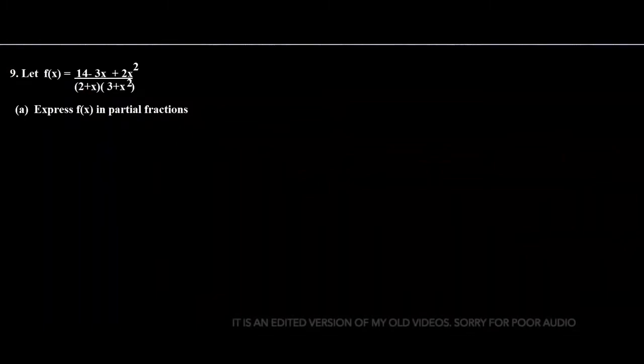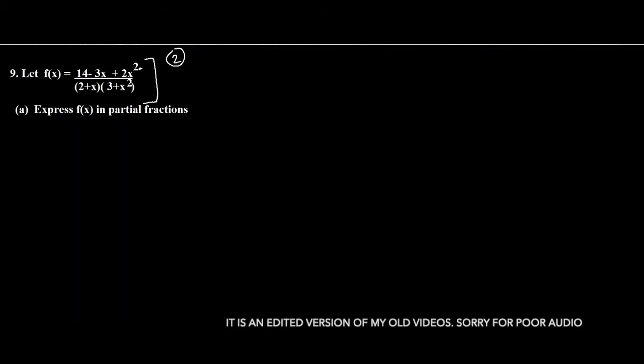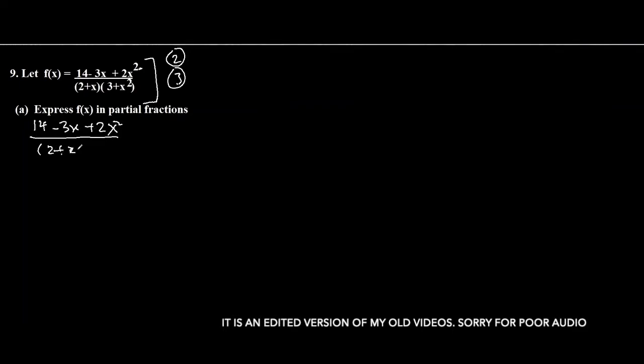This is the A part of question number 9, where we have to express this particular function in partial fractions. Alright, so first of all, we'll look at the degree of the numerator, which is 2, because 2 is the highest degree. And the degree of the denominator is 3. So we can't divide. We have to straight away go to partial fractions. So what will we do? We will express this like this: 14 minus 3x plus 2x squared over 2 plus x